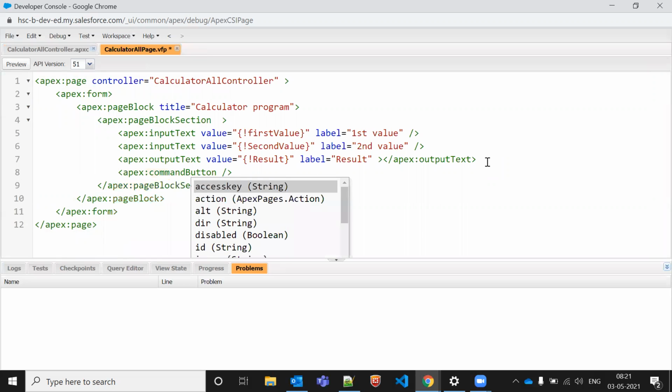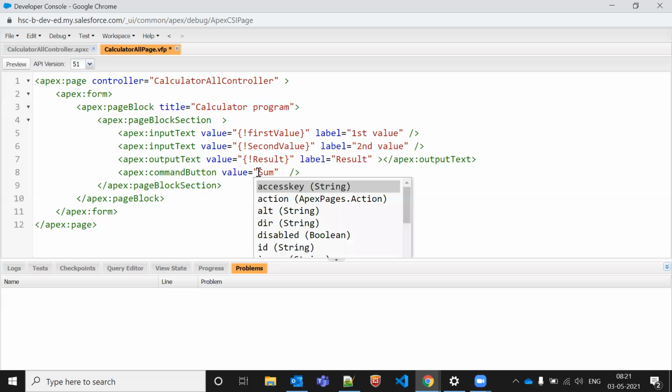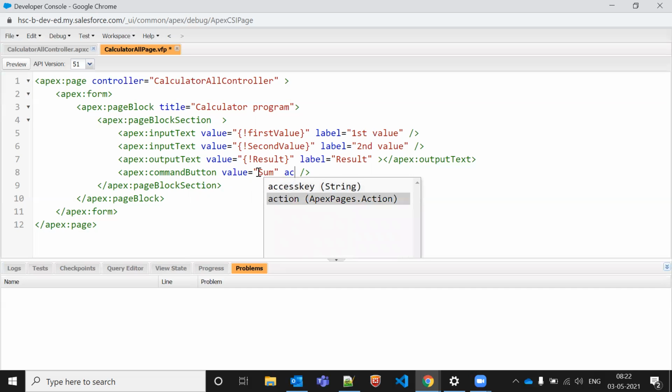So here we have a command button. Command button means a simple button. So it's a value, I'll pass here value. This value, when calling things from the Apex class, works here, but in the case of a button, it is working as a label. So if I write here, press here, now I'm performing the action, like action, we are calling the method only.